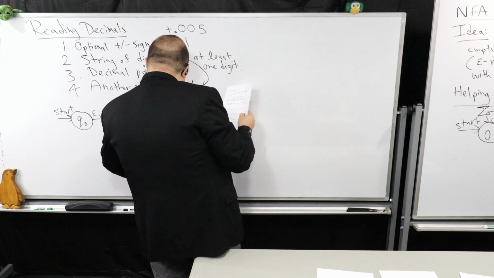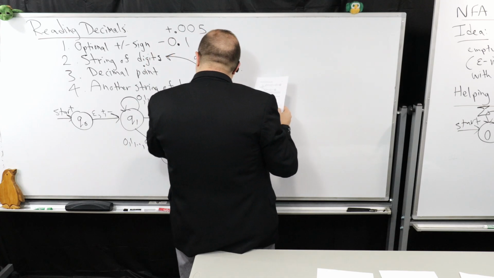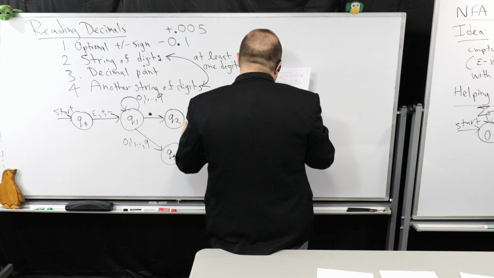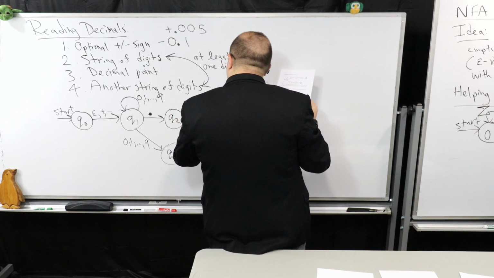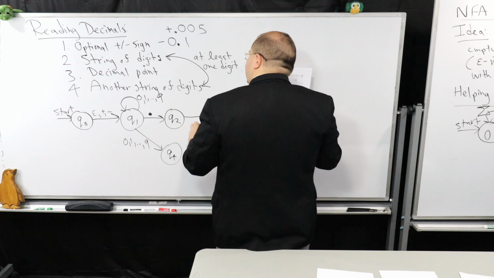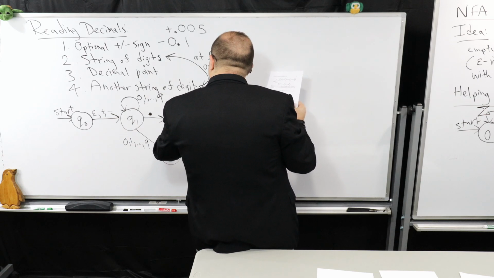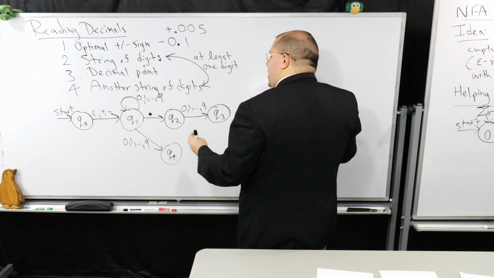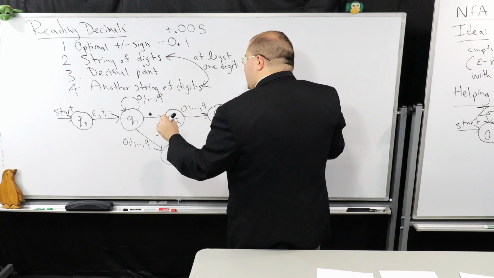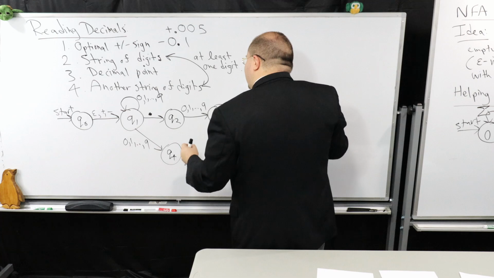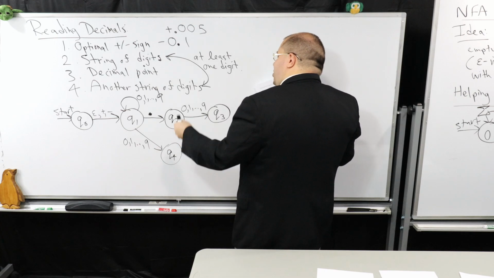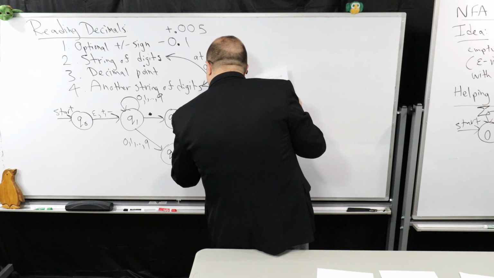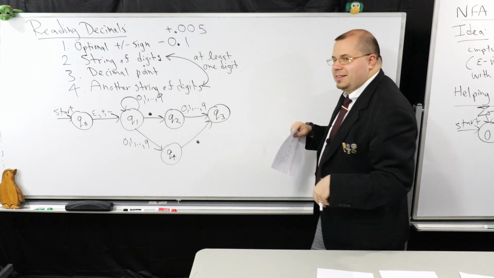So Q2, Q4. And I'm going to introduce a Q3 here. So the purpose of this one right here is to ensure I have at least one digit on the right side of the decimal. So there's going to be kind of two cases you could think of. There's going to be one case where I have at least one digit on the left side of the decimal point. Then I'm going to have another case where there's at least one digit on the right side of the decimal point. So naturally, I'm going to have a dot on this side.